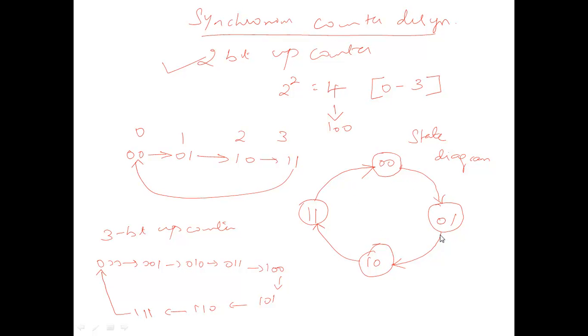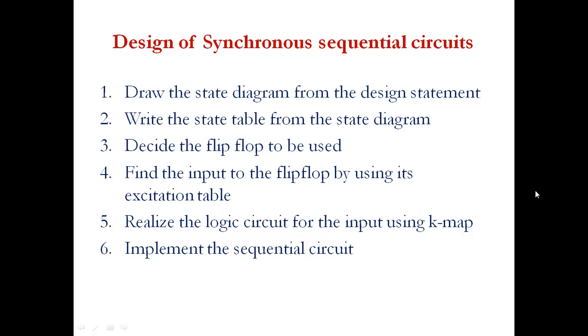So it is counting up. Only 2 binary digits are there and it is counting up. There is no condition for transition from one state to another state other than the clock pulse. For every clock pulse, the state transition will automatically take place. Okay, so this is the state diagram. We have completed the state diagram from the design problem. So we completed this first step.